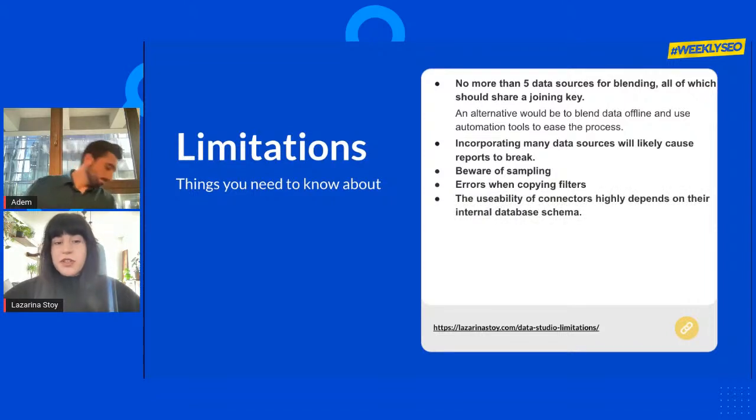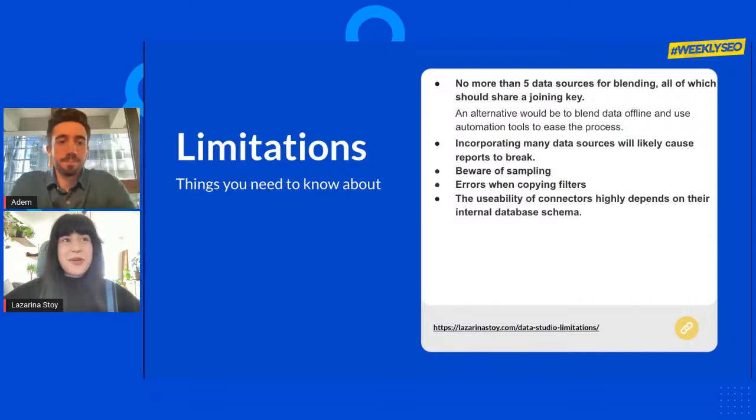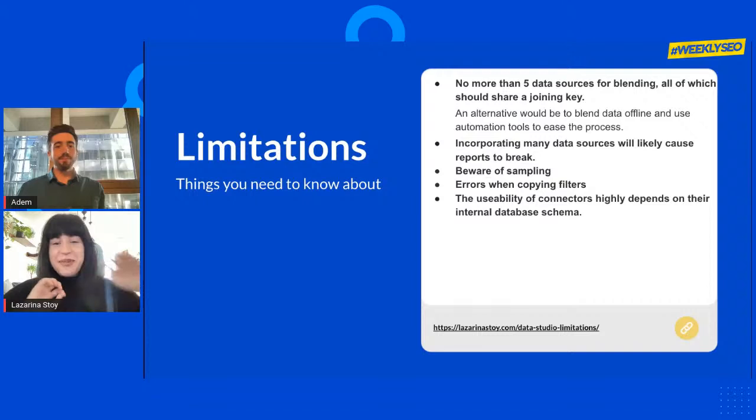Another thing is that the usability of connectors highly depends on your internal database schema. And I don't want to name and shame, but there are some platforms that we use as SEOs that have a very segmented database schema. So what this results in is that a particular platform will have maybe 3 or 4 different connectors, depending on, for instance, whether they offer position tracking with one connector, and then they offer a site audit with another connector and things like that. So if you are trying to visualize the 360 data using that type of connector, that